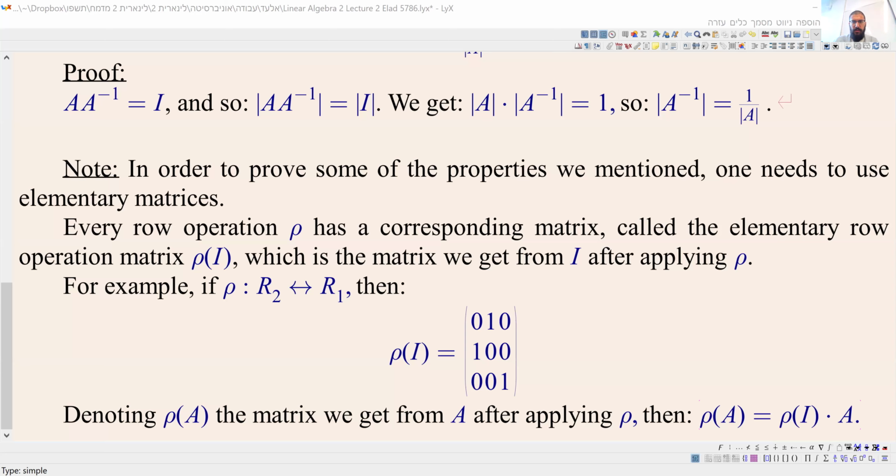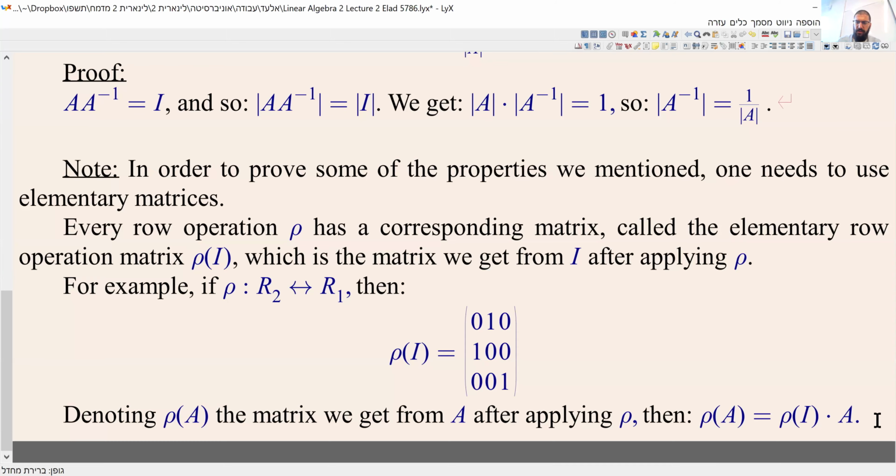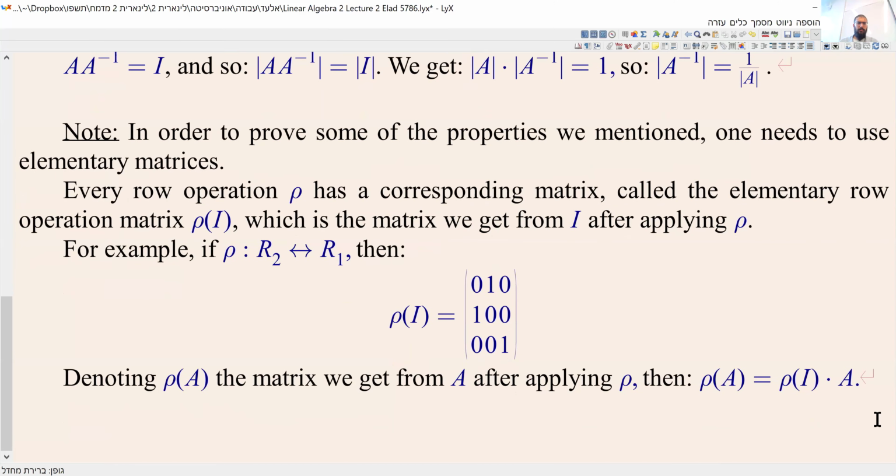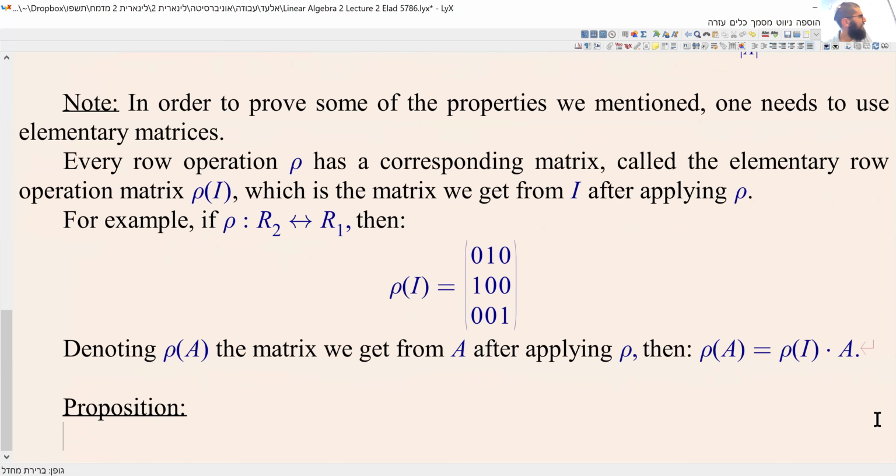So what is the property I want to prove using these matrices? It's the following one. I ask you again, is there a better word? No, whatever. That's a proposition. Proposition is good, and corollary is the maskana. Proposition: